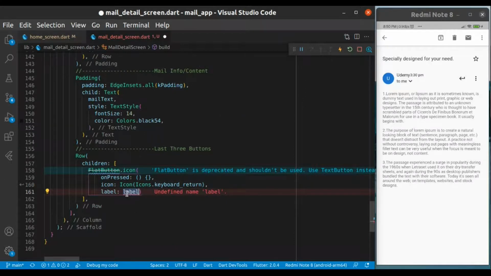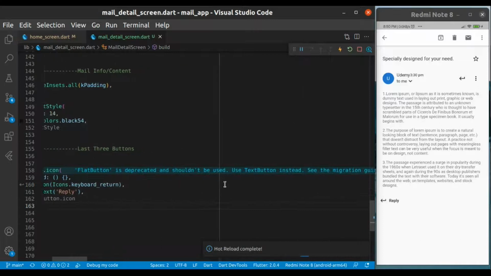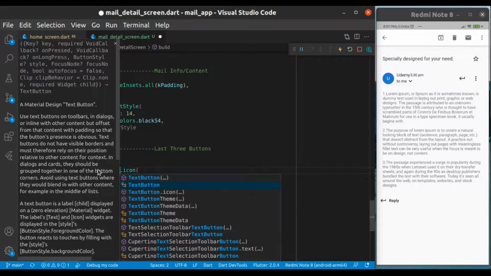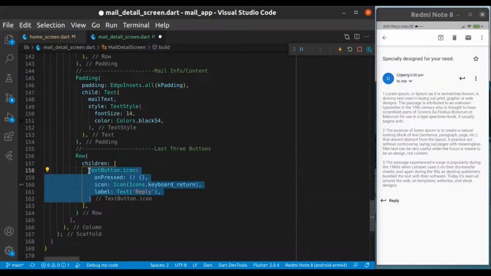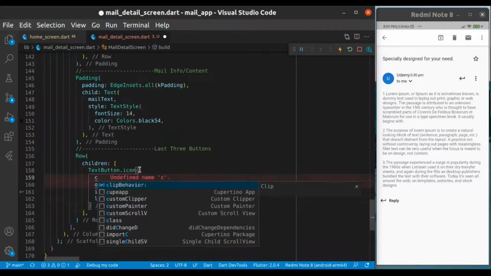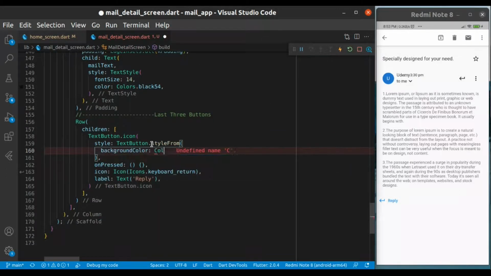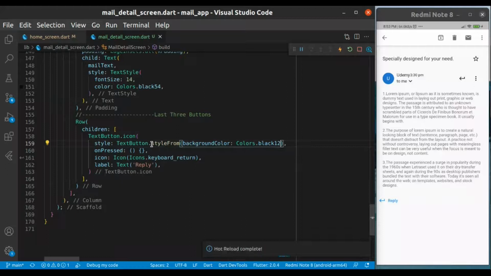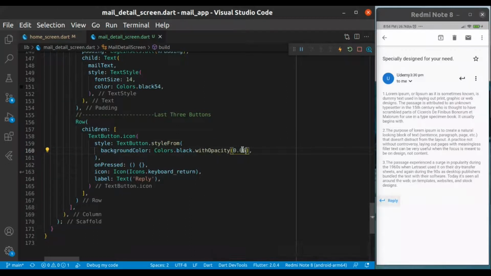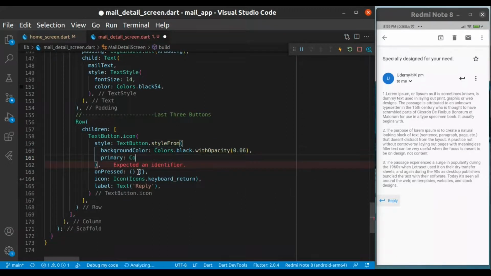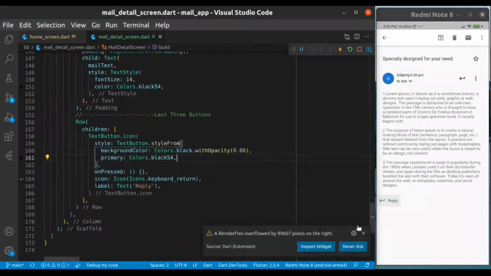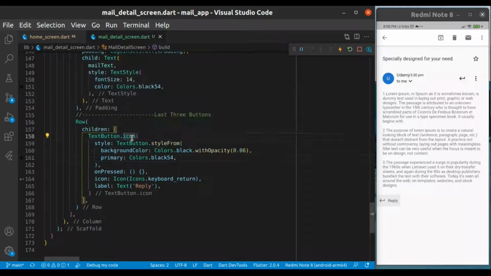Provide the label, which is a widget, reply, and replace with the text button, because the icon button is obsolete. Provide some styling. So we have done some mistakes over here, but we have tackled it from the styling, text button dot style from, and provide some primary color because it doesn't have the color property.